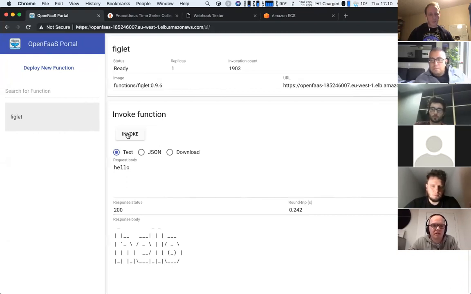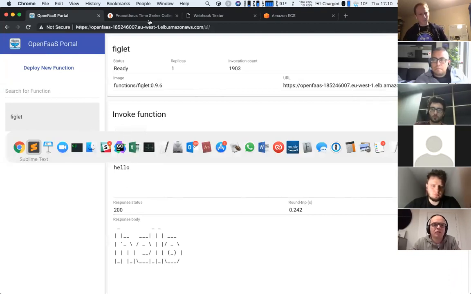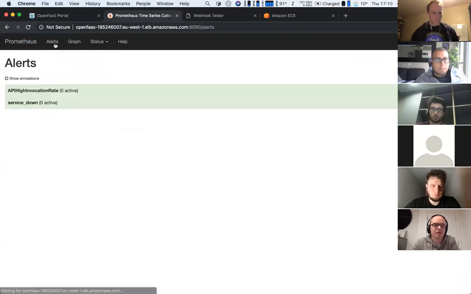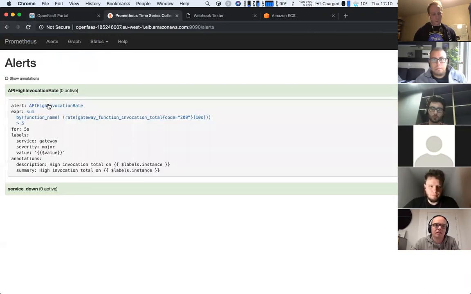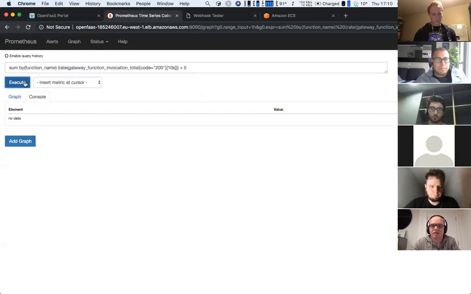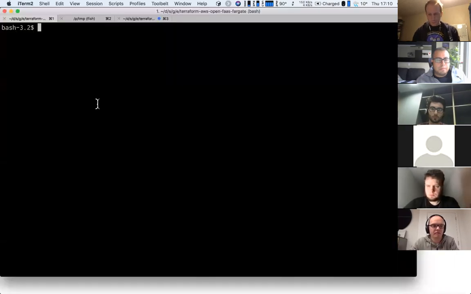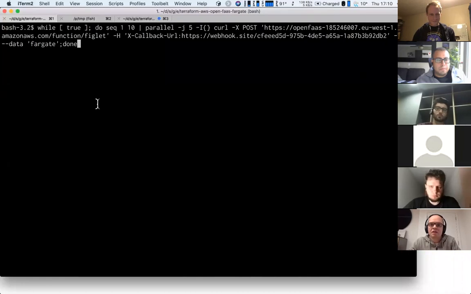So we're spun up now, so that's great. We're also running Prometheus here, so we can have a look. You can see that we've got an alert defined so that when you get a certain number of requests per second, this is going to call back into the gateway and ask for a scale up for that function. If we click on that rate function and execute it, we're not getting any data. So if I start this, basically here we're just going to call the Figlet function in a loop.